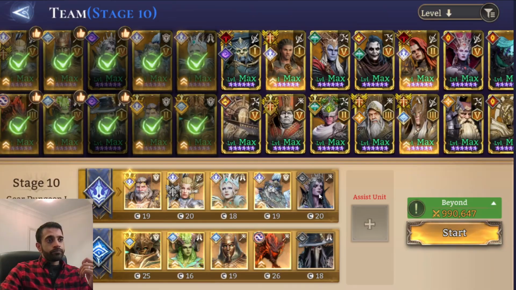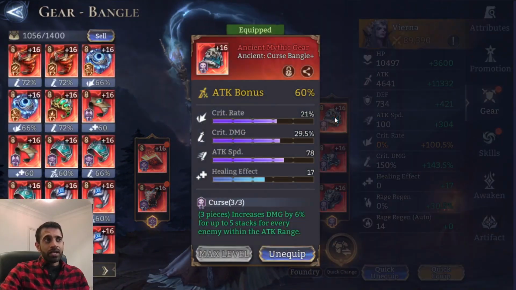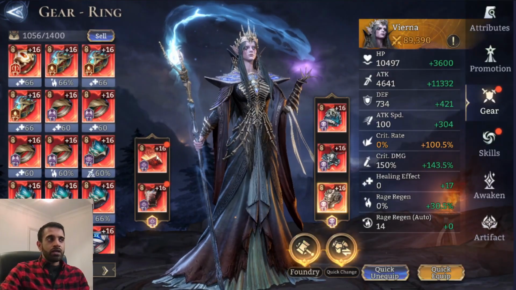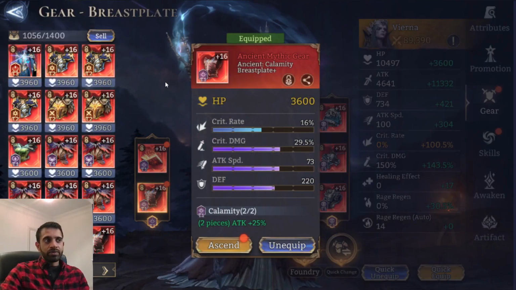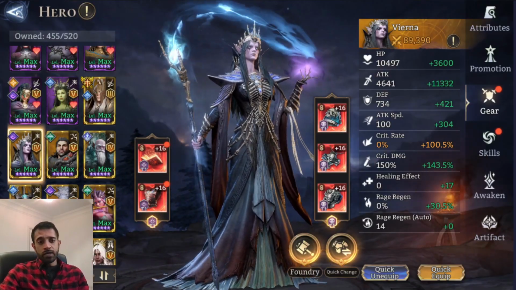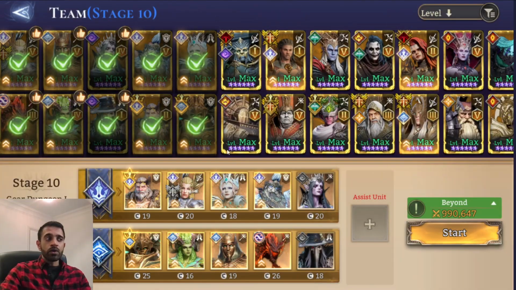Then you've got Vienna. Again, Vienna doesn't need to be in cracked gear. I've literally got her in leftover ancient curse rings and curse gear. I haven't even leveled all of this up because she doesn't need it. I don't use Vienna anywhere else except for this. So I've got her in leftover gear because she just needs to execute them if Valk hasn't done enough